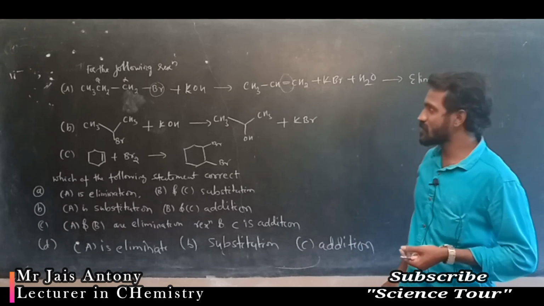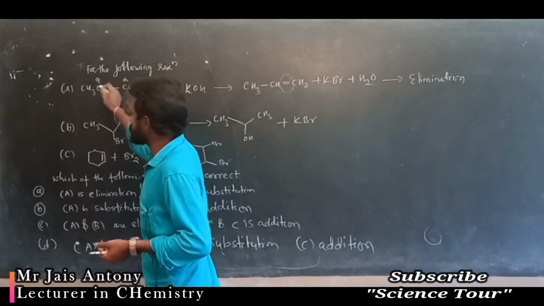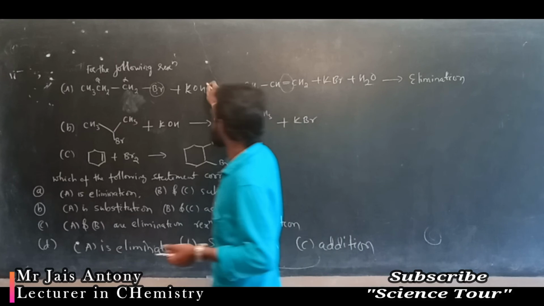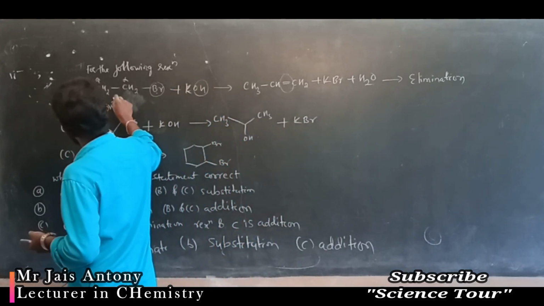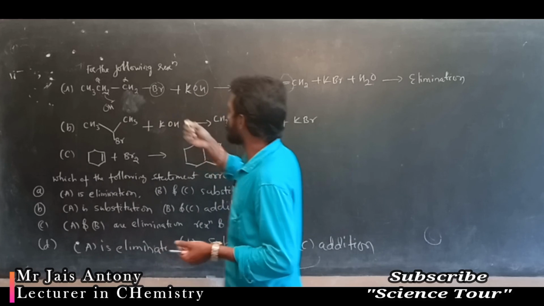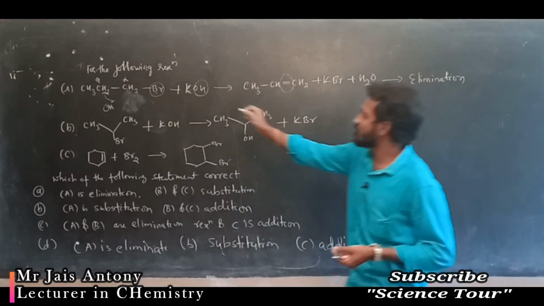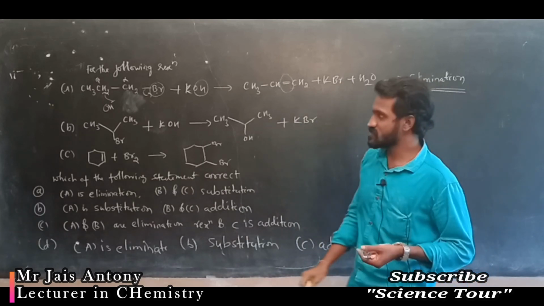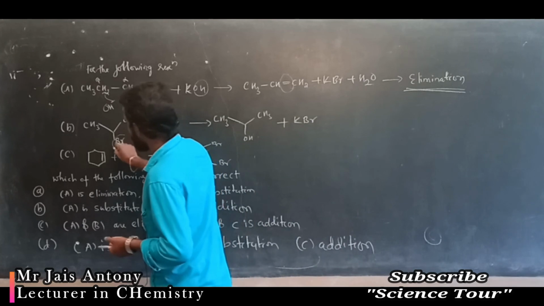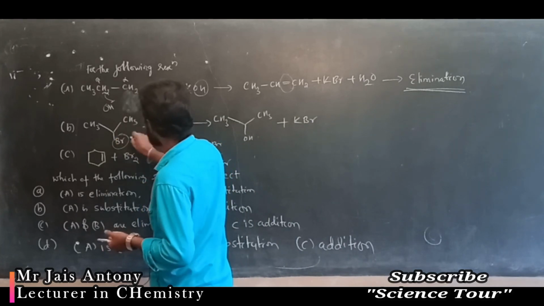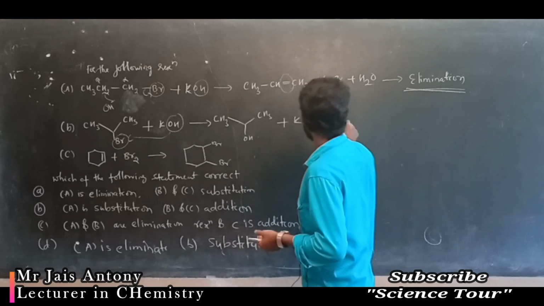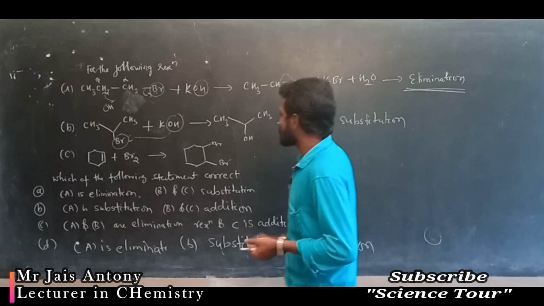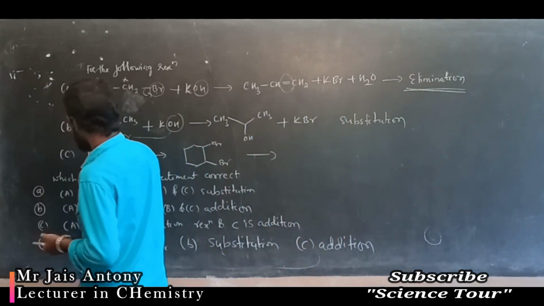We discussed that particular one. Leaving group leaves, hydrogen is abstracted from which one? Potassium hydroxide is used, that OH goes and attacks this particular H, and H will be removed and it forms a double bond here, and the leaving group leaves. This reaction is elimination reaction, the first reaction. Second reaction, in the place of Br, OH gets substituted. Correct? That is nothing but a substitution reaction.